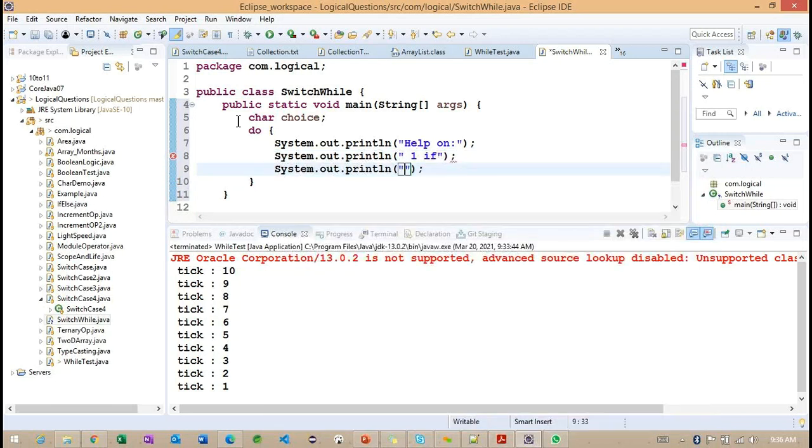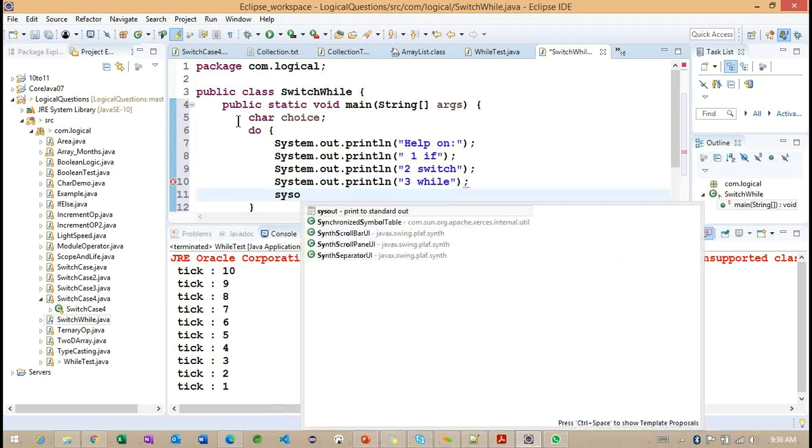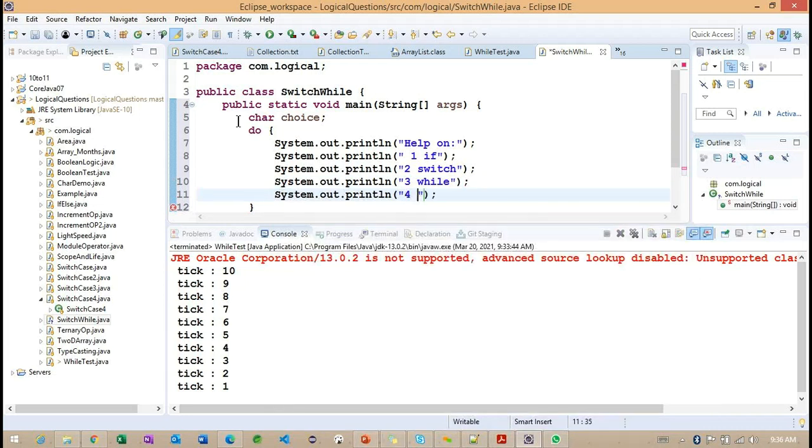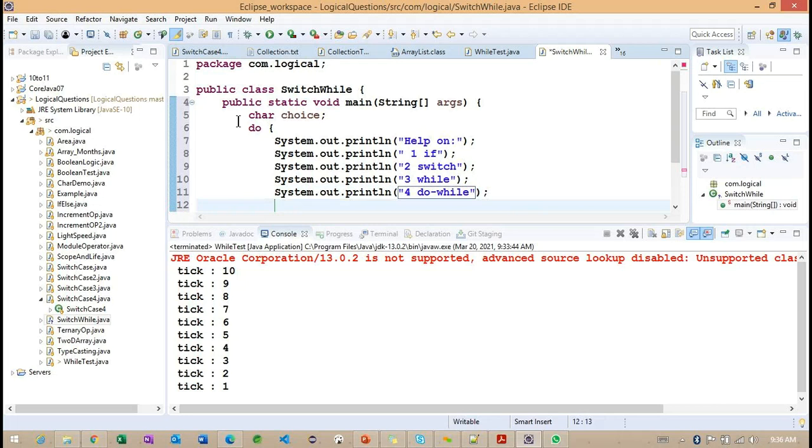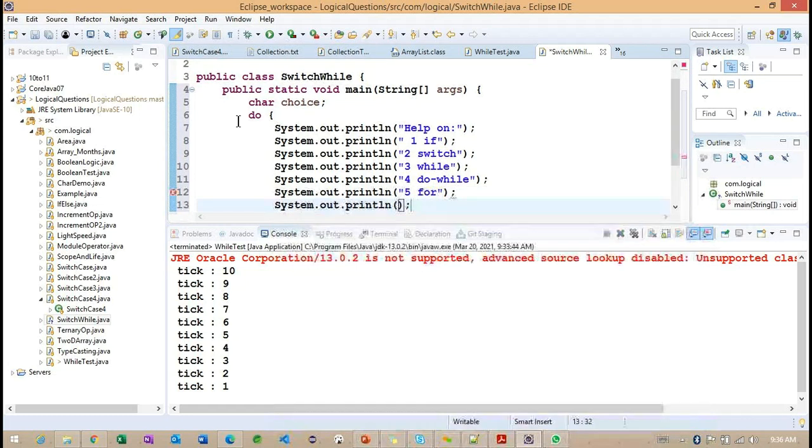One for if condition, the second for switch condition, the third for while condition, and the fourth for, observe carefully, do-while. And the last one, the fifth, for condition, and another one here, choose one.